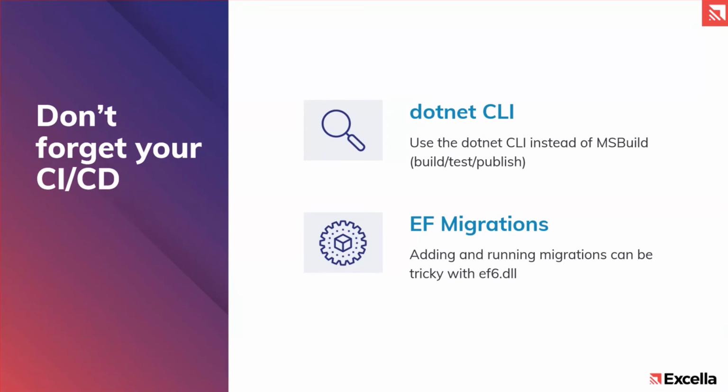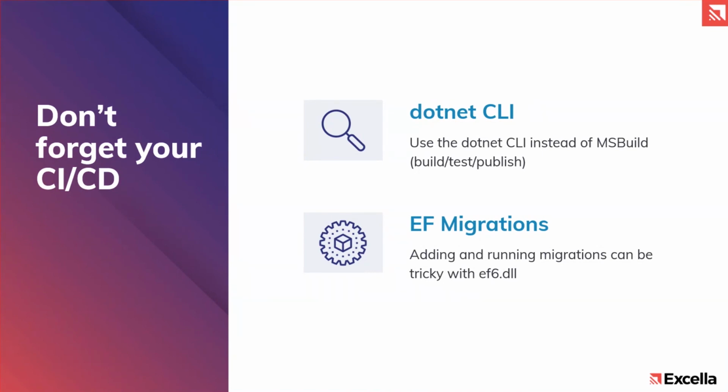The second thing here is EF migrations. And I spoke about this very loosely before, but we actually decided to have Entity Framework 6.4 stay in the application, even though the app itself ran on .NET Core. And that works. And again, it's definitely a less risky approach. But you will end up in a kind of no man's land when it comes to handling migrations and your database state. So instead of having a migrate.exe that you will use for your migrations, you will have to use an ef6.dll instead. And that is kind of a cross-platform version of that app.